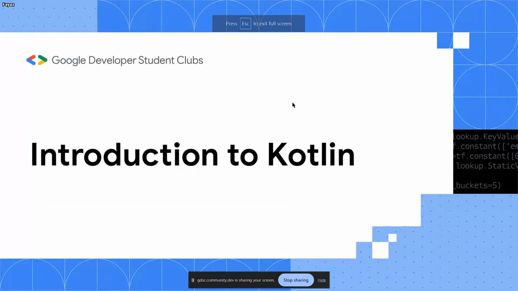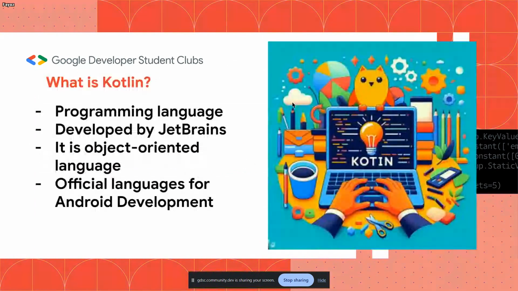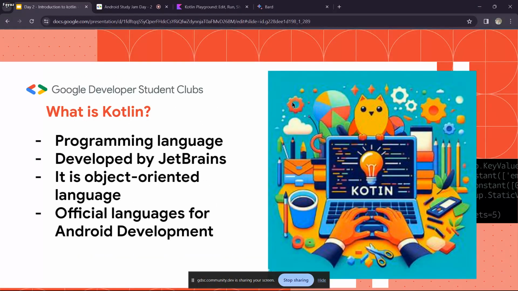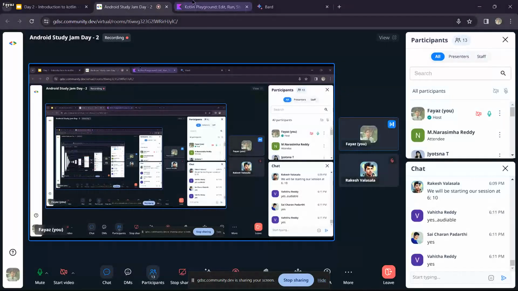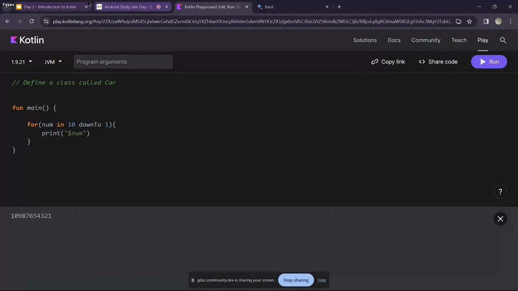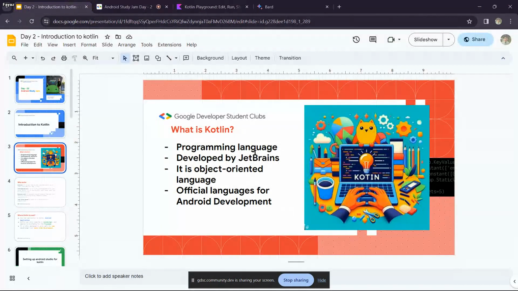Introduction to Kotlin. Firstly, what is Kotlin? Kotlin is a programming language. Okay, so anybody, please define what is a programming language? Okay, we don't have much time, so I myself will continue. Programming language is nothing but a way of communication. It's just like a normal language,